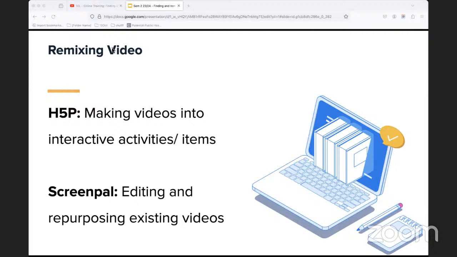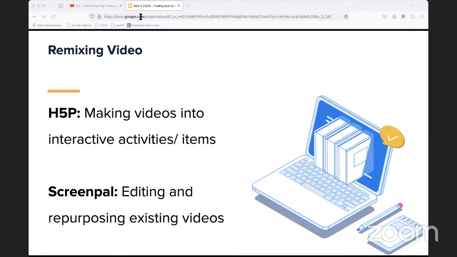So an additional element which is available to MTU staff if you have access to Canvas is H5P. H5P is a plugin within Canvas which allows us to create interactive activities, so that we can take existing material and transform it into, for example, if we have video, an interactive video or similar.